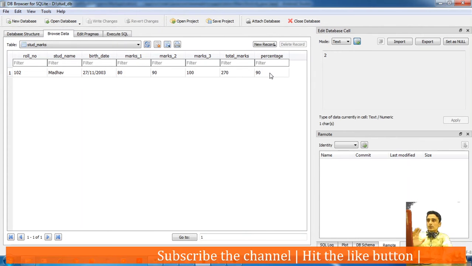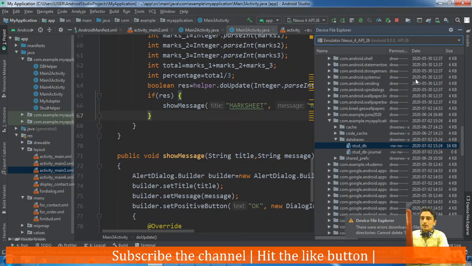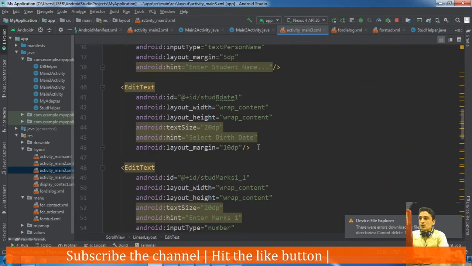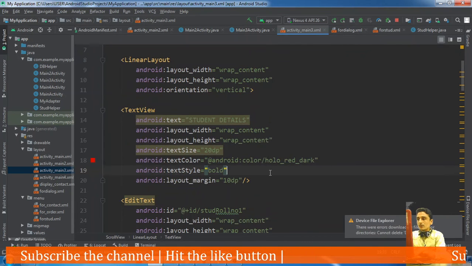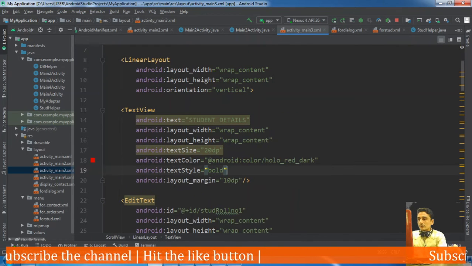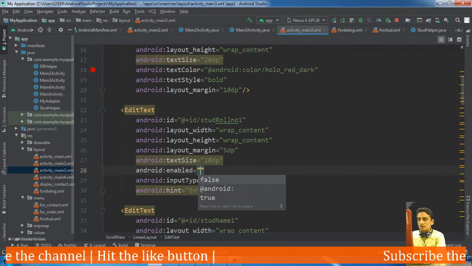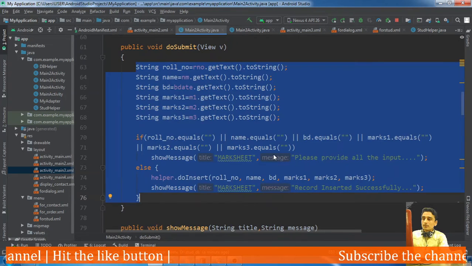Okay, so the record is updated successfully, and the correction that I was telling to Mac was that we should also disable the roll number column. Okay, here, sorry, this one. Okay, now the only thing remaining is searching.